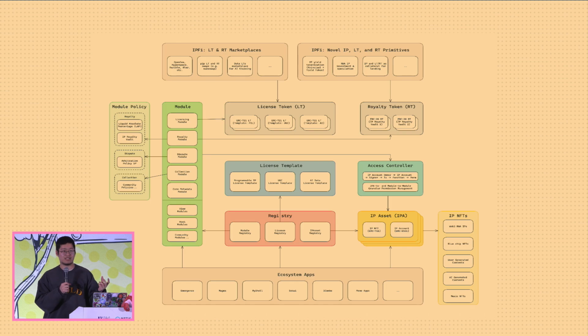If you want to attach the license, you go through the license module, finding the license, for example, whether it's no use, non-commercial, or commercial usage. And then through the modules, we now go into the license and access module and also the royalty token. Every license is actually an NFT as well. So we further elaborate the DeFi usage on those token assets. For example, you can use IP5 or Color marketplace to trade your license between each other, and also trade your royalty token on a swap or DEX for further usage.